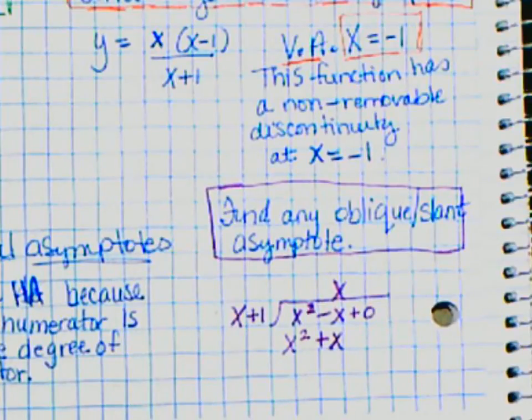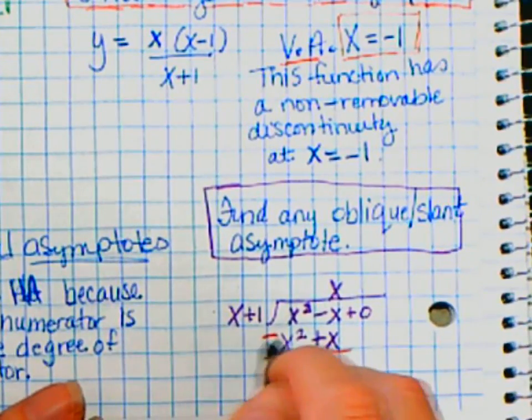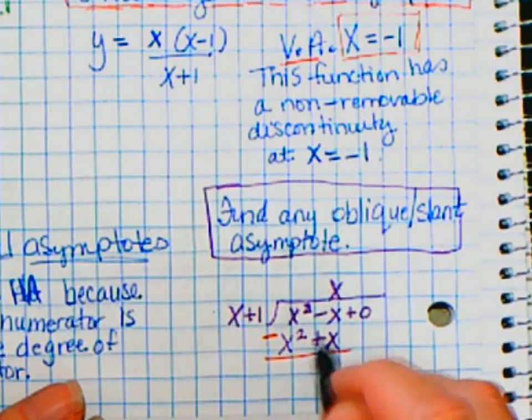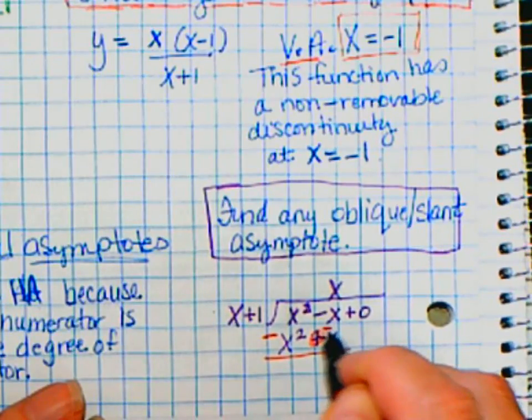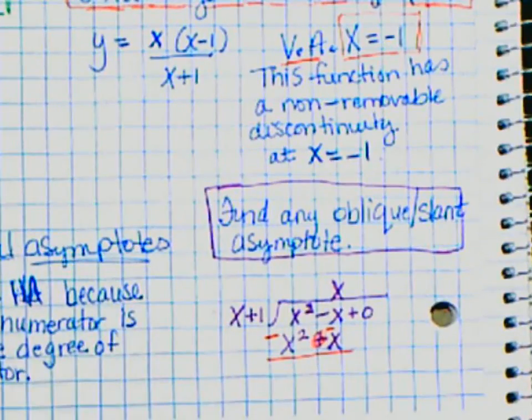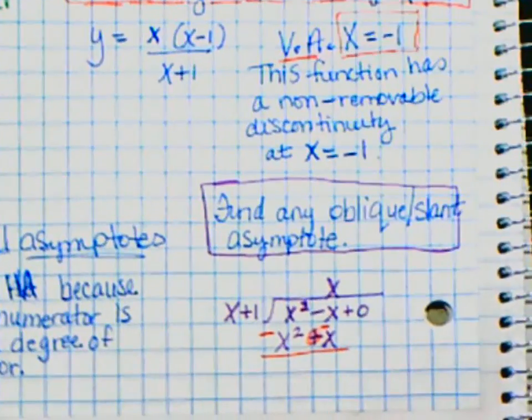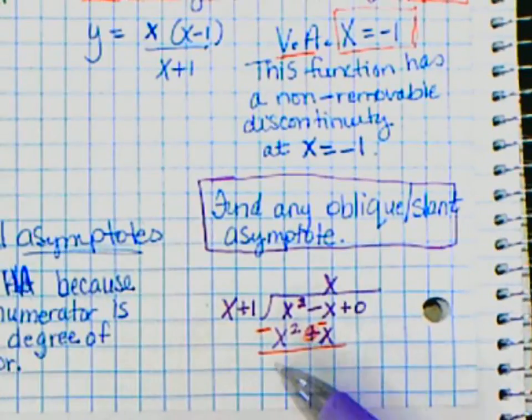So now we draw a line and change the signs. Positive x squared becomes negative x squared, and positive x becomes negative x. All right, what is x squared minus x squared? 0. And remember, if those first two terms don't cancel, something's wrong. Okay? Now we have